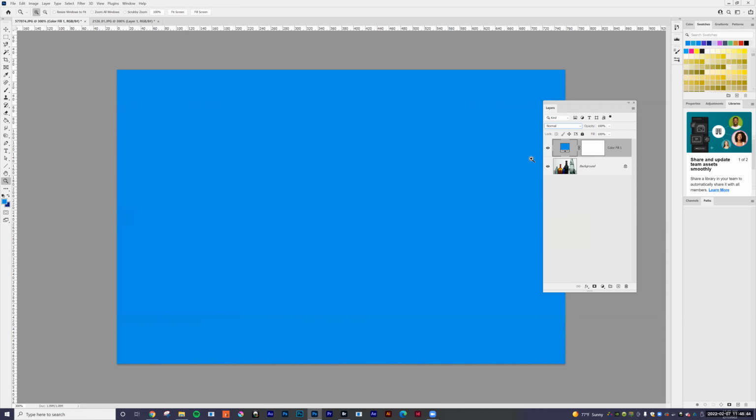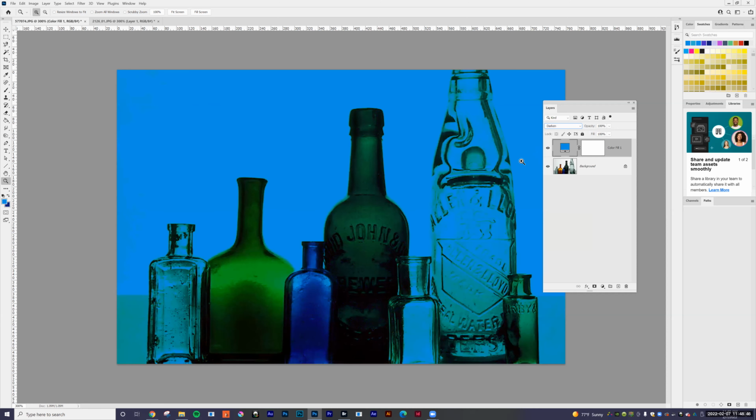So oftentimes you can use a blend mode by itself, or it may be part of a formula like a recipe, like in a cookbook, where I use a number of different types of edits,